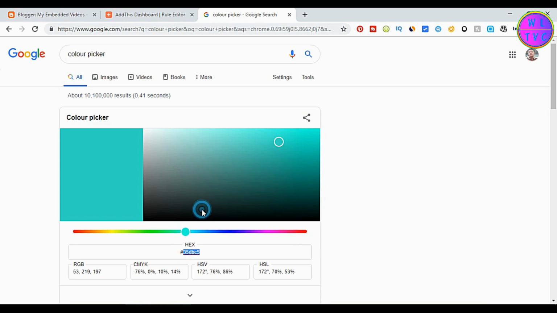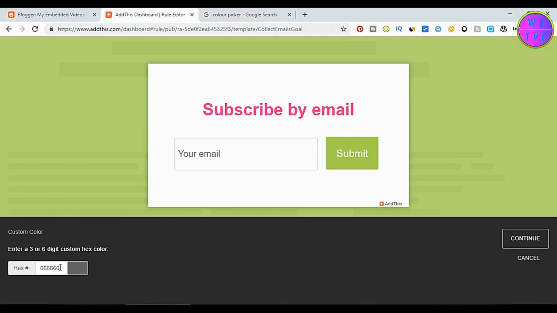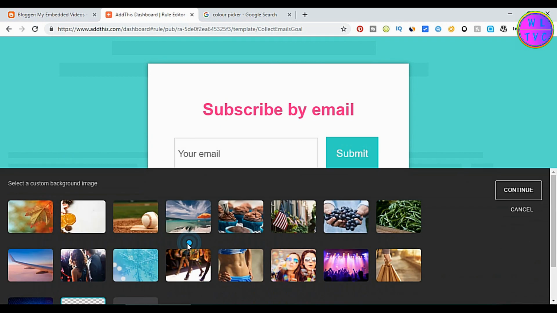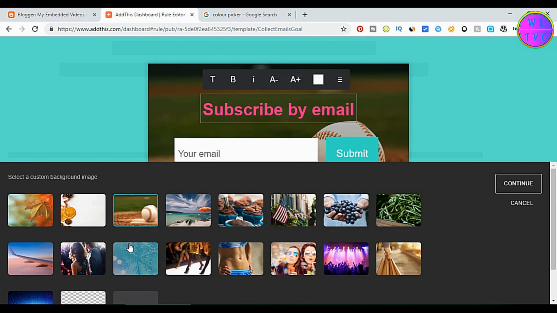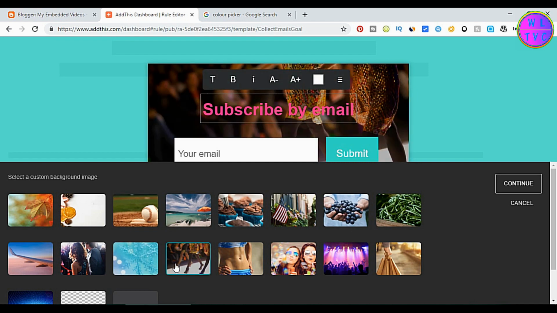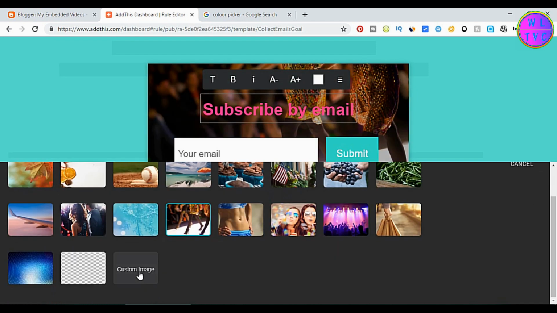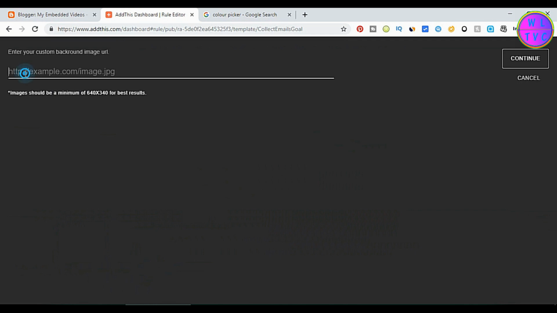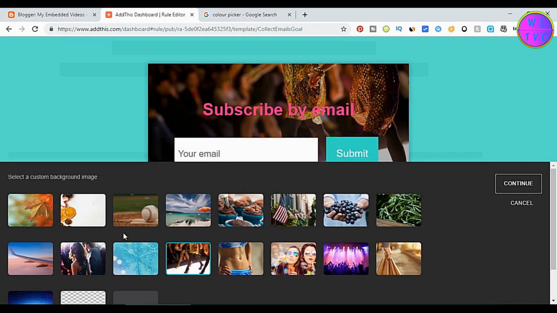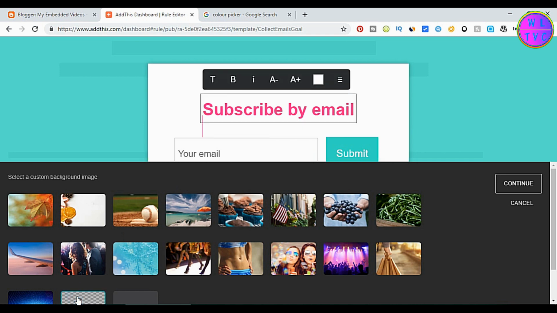Copy your desired color code and paste here in this box. For background image, you can use any of these images or use your custom image by adding the image URL. To leave blank, you can click here on transparent color.